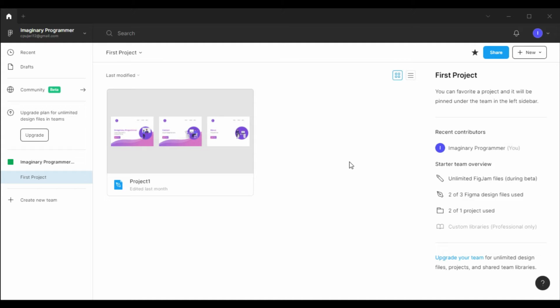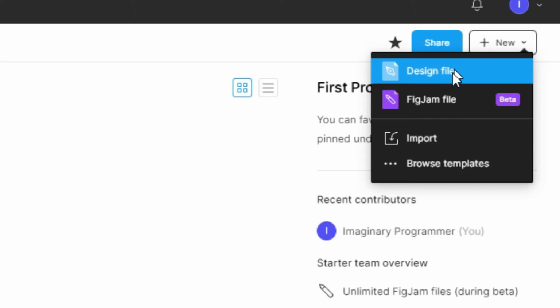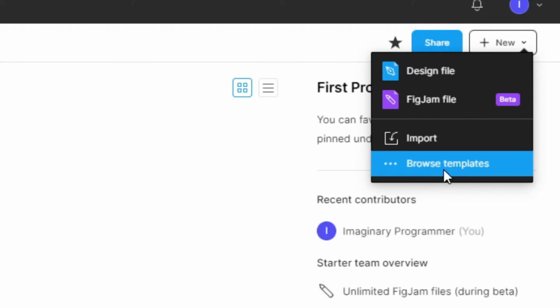In this video we are going to learn about tools. Let's create a new project. Let's click on the new and you can see the options like design file, FigJam file, import and browse